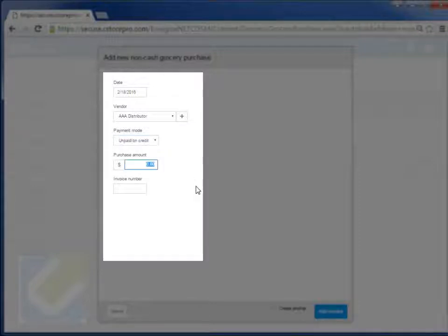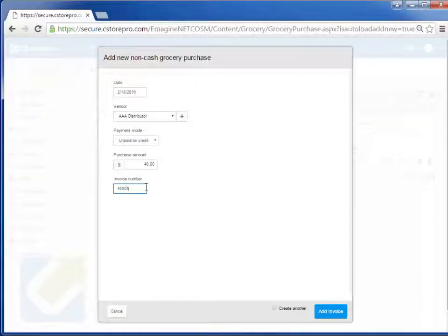So I'll go in here and I'll basically say, I'm going to buy this purchase and it's going to be a $48 purchase, let's just say. And invoice number is optional, but I can enter in any invoice number here and go ahead and add this invoice. Now, if I want to create another purchase while I'm here, I can click on this little icon and create another purchase,